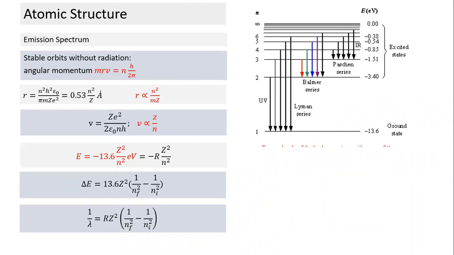Apart from this, we need to have an understanding of what constitutes the Lyman series, Balmer series, and Paschen series. I hope all of you are clear about how we identify each series. What is the first line? What is the minimum wavelength for each series? What is the maximum wavelength? Those things need just a little bit of understanding of this figure.